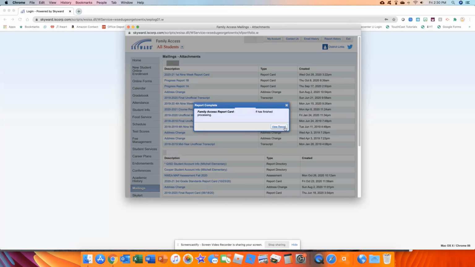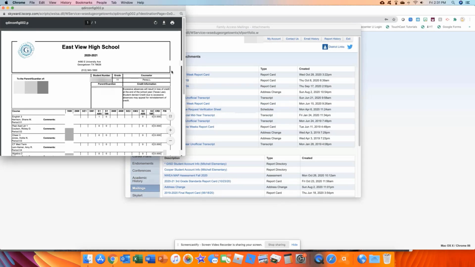When it's done generating, click View Report, and the report will open in a new window. You can click the download or print icons in the top right of this window to download or print the